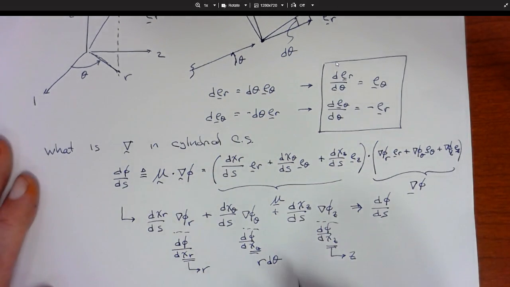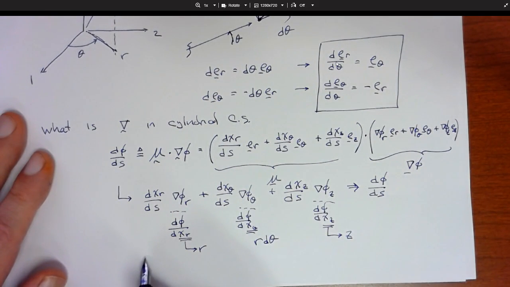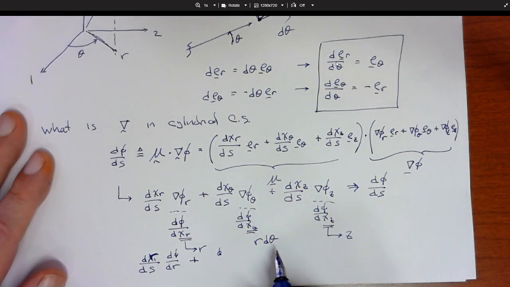So if that's the case, then what we have here, I'm running a little bit out of space, is now, maybe I can squeeze it in, dxr, which we know is z, is r, ds, d phi dr. So you can see that just gives me d phi ds. That's good. Plus d x theta d phi